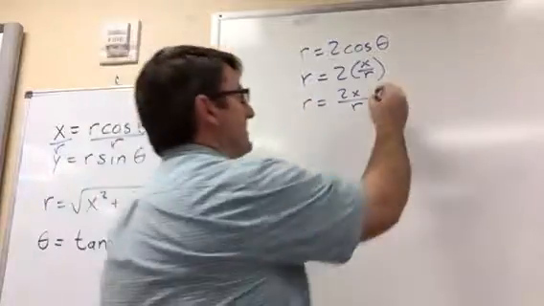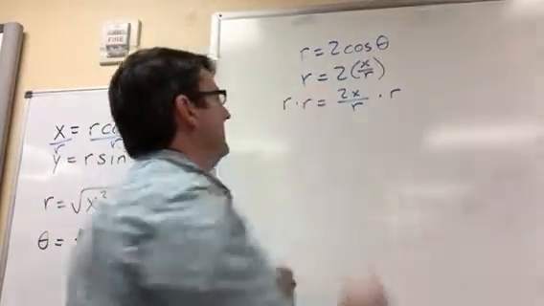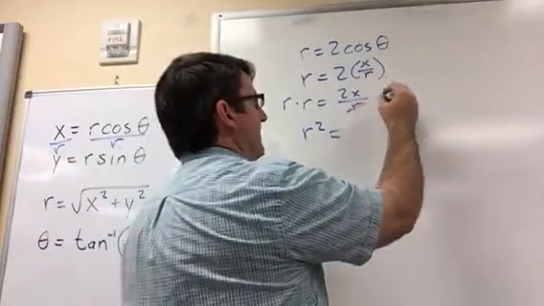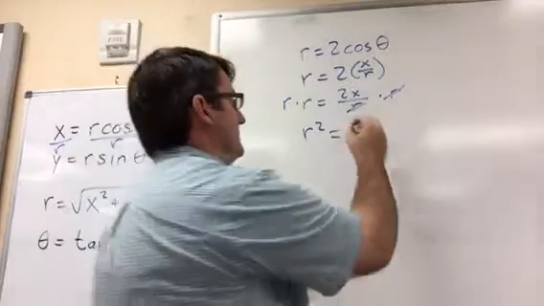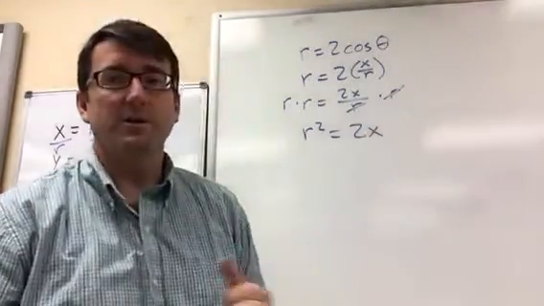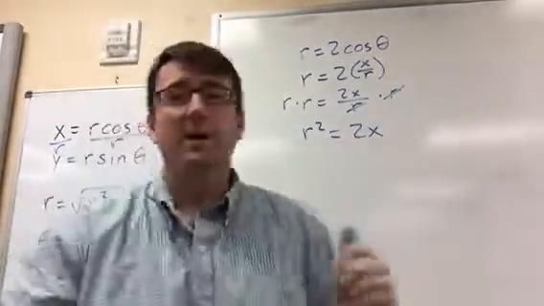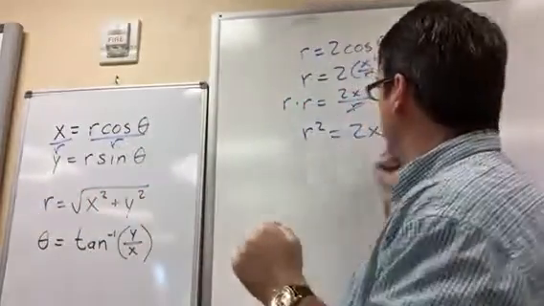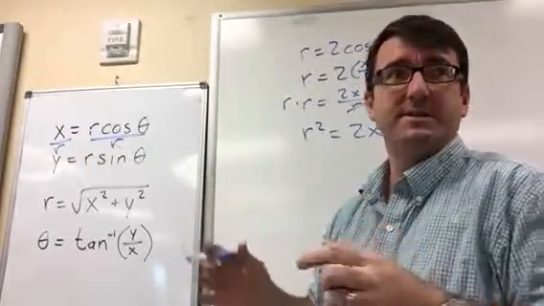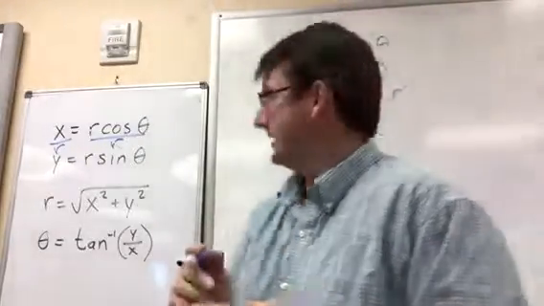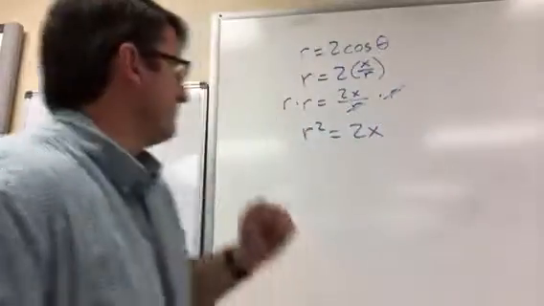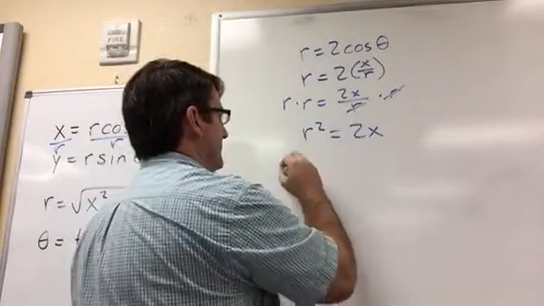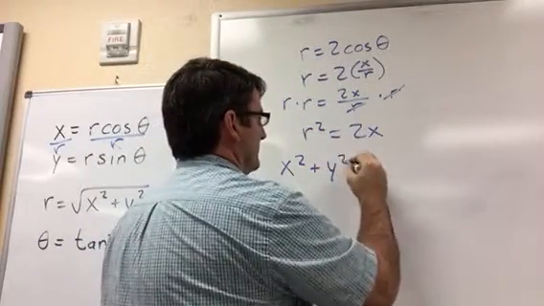We can get rid of that fraction by multiplying both sides by r. So r times r is r squared, and then these r's will divide to 1, so we just get 2x. R squared equals 2x. Now we need to replace that r with the square root of x squared plus y squared. We want this equation to have just x's and y's in it, no r's. R is the square root of x squared plus y squared, so r squared is just going to be x squared plus y squared